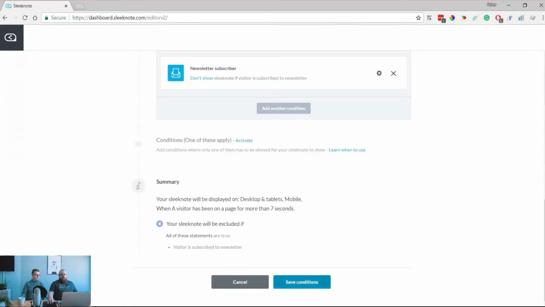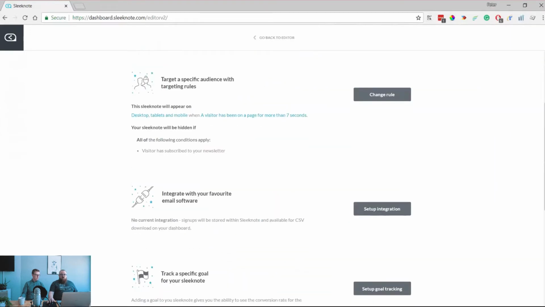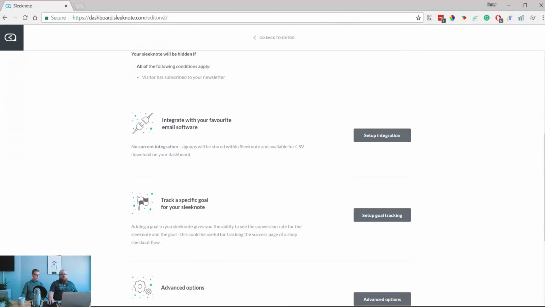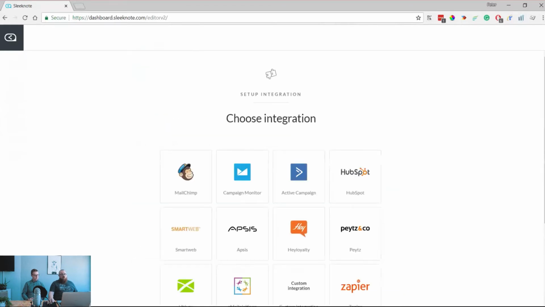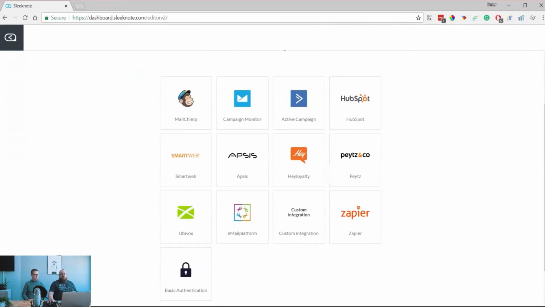Good. If we jump out of the rules engine here, then we have the integration step. And this is where you get to set up the integration that pushes the lead directly to your ESP. Now, we have a few standard ones here. These are the most widely used. But if yours, for some reason, is not on the list here, you can either use something like Zapier as a